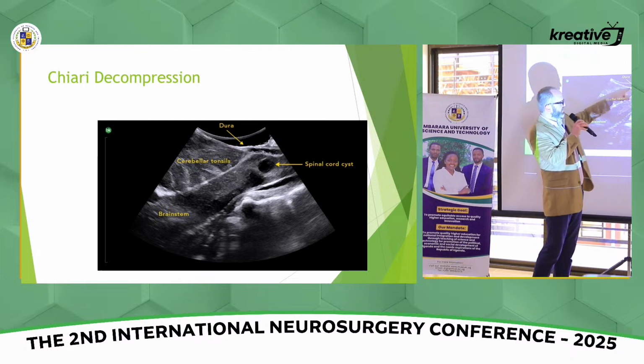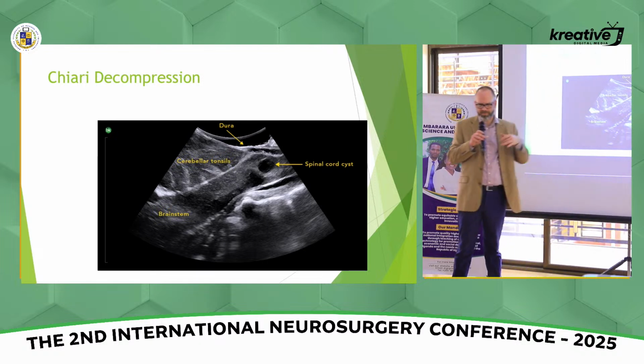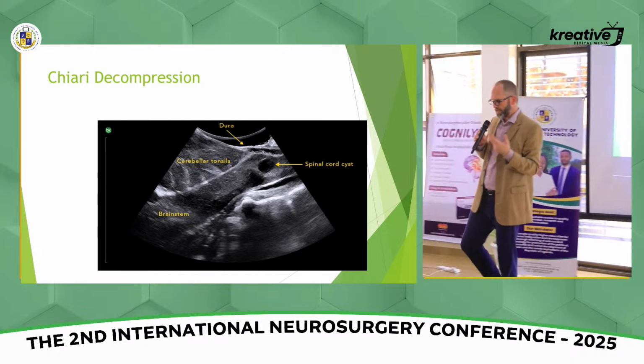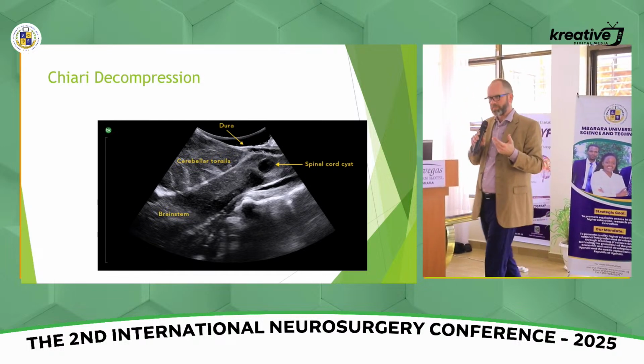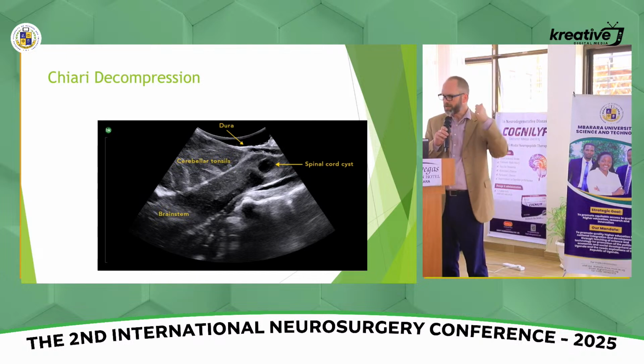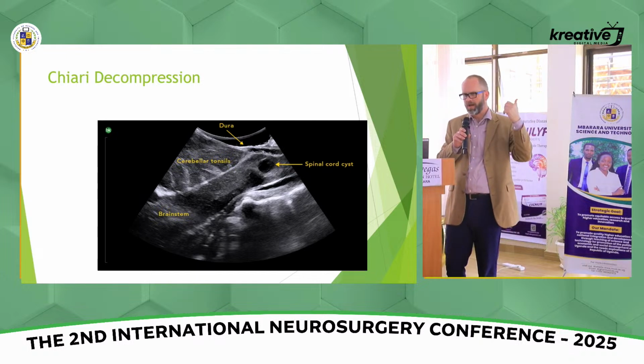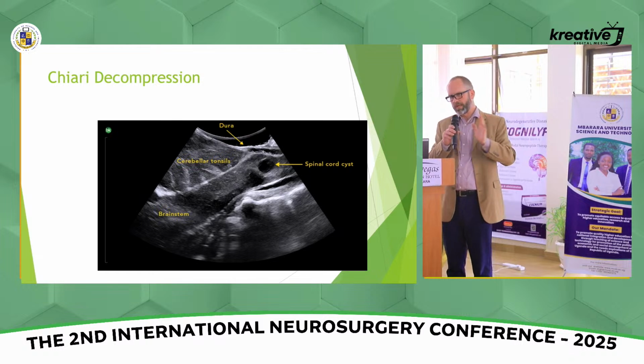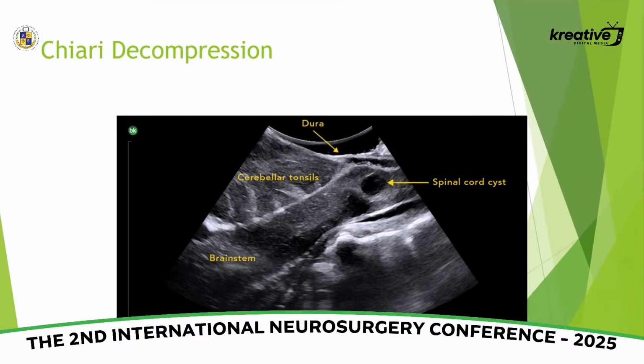So this is before. You take the bone off and you look, and you can see, am I already partially decompressed? Do I need to open C1, let's say? You can see where the base of the tonsils are. I like on a Chiari to open so that the bony opening is past the cerebellar tonsils to make sure you get adequate decompression. Ultrasound helps you see that, and you can also watch the pulsatility of the foramen magnum,